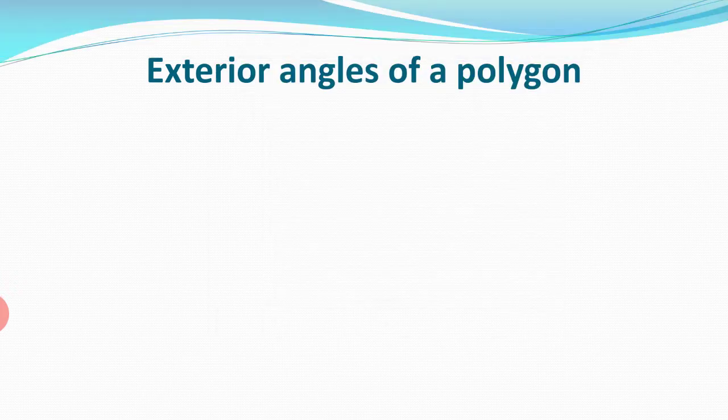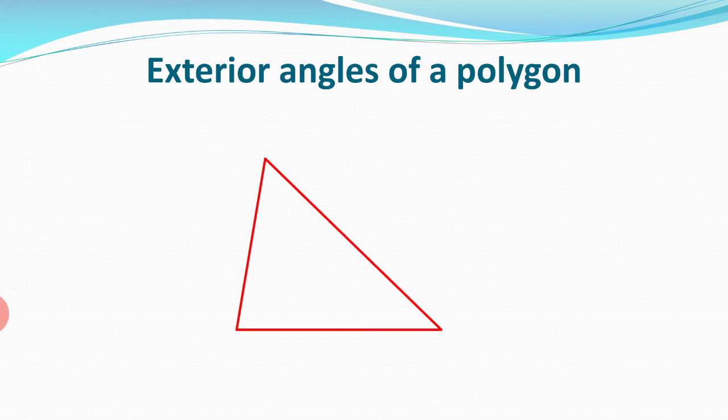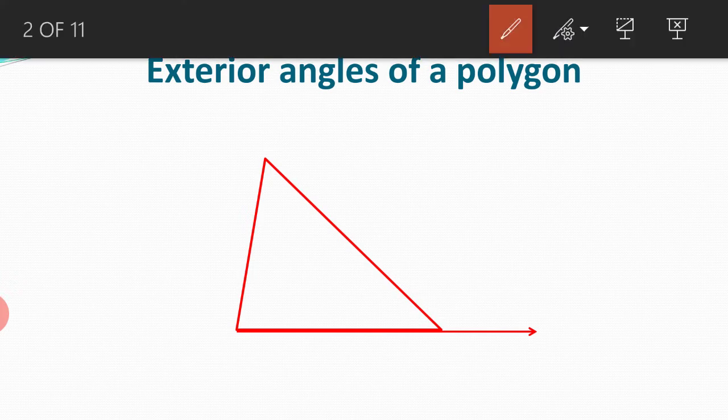So we take a shape triangle and one of the sides of the triangle is produced. Then can you see that there is formation of a linear pair, or two angles are formed. One of the angles is in the interior of the triangle and another one is outside the triangle. The outside one is called the exterior angle. This particular exterior angle you will find is forming a linear pair with the interior angle. That is the identification for an exterior angle.